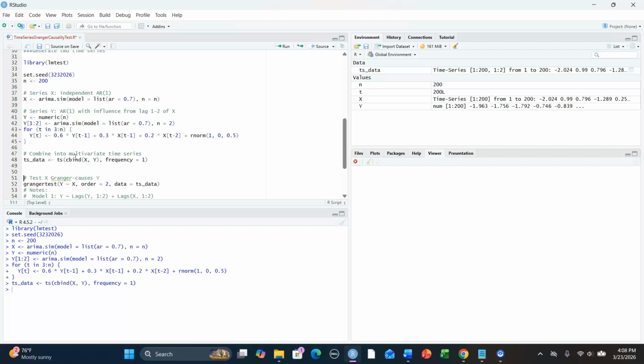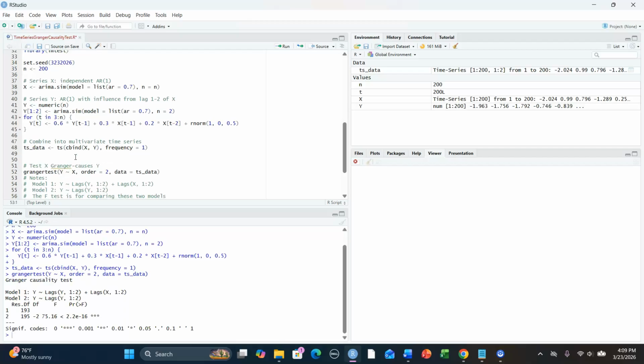Okay. And now we can perform the Granger test: does X Granger cause Y? We use the function grangertest. The syntax is grangertest of Y tilde X, so like Y regressed on X, order equal to 2, and data equal to ts_data, where we have both the X and Y time series in there. And it's pretty quick. It comes up with this